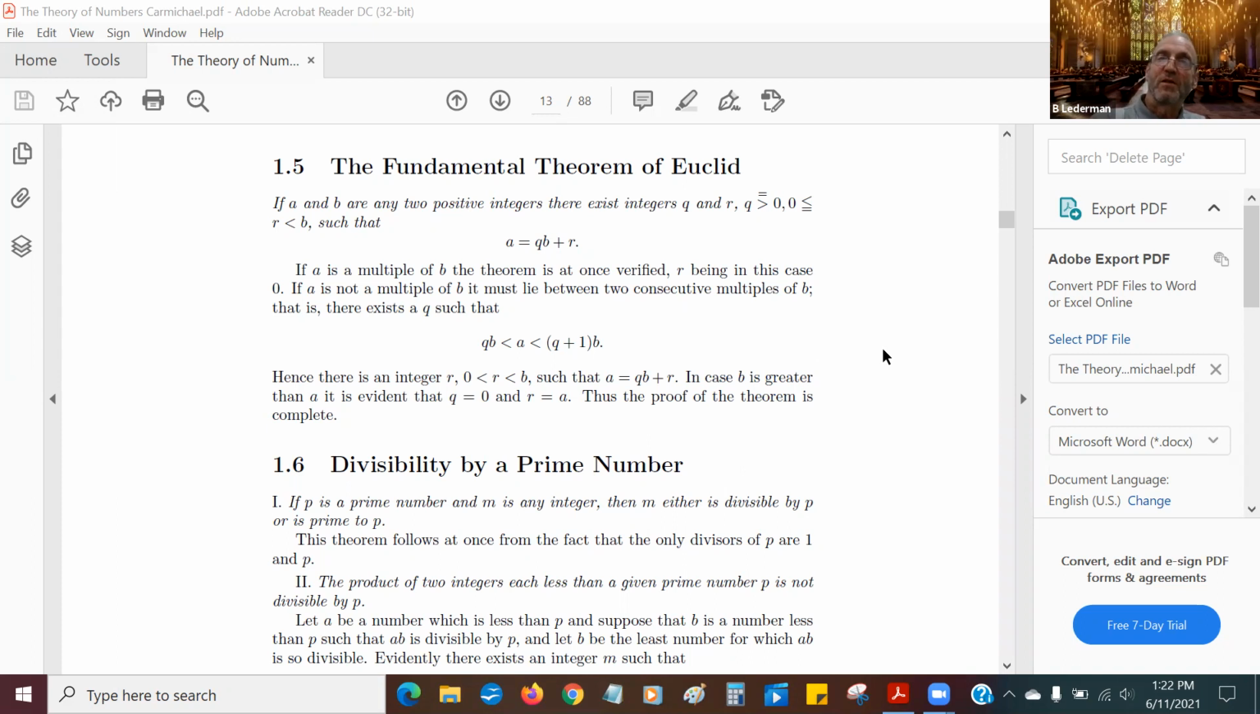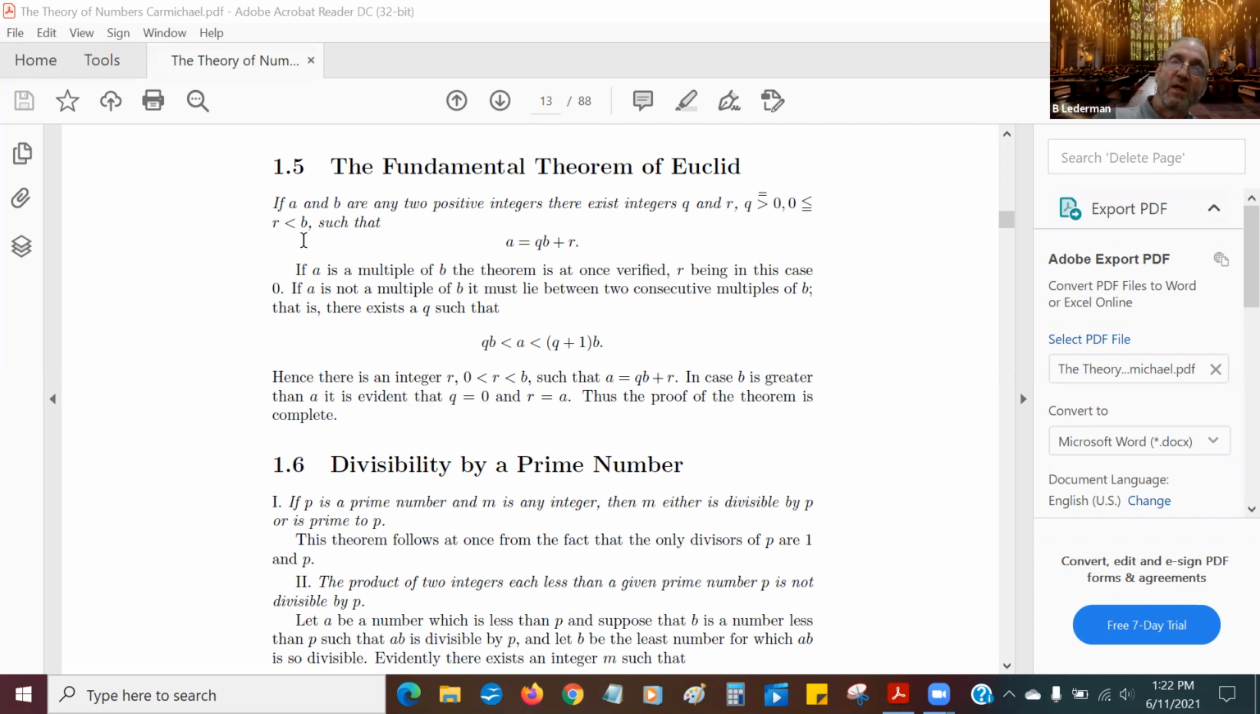It's the fundamental theorem of Euclid. Sometimes we call this a division theorem, as you'll see. But basically it says that if A and B are any two positive integers, there exist integers Q and R. Q reminds you of the word quotient. R reminds you of the word remainder. That's not a coincidence. Q is greater than or equal to 0, and R is also greater than or equal